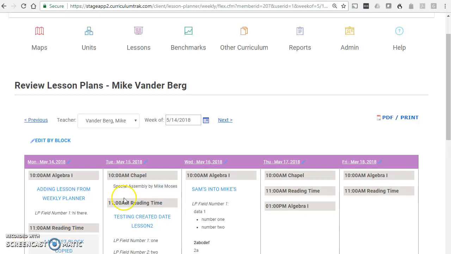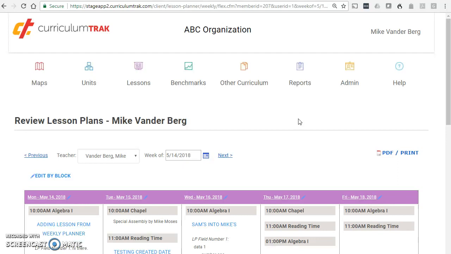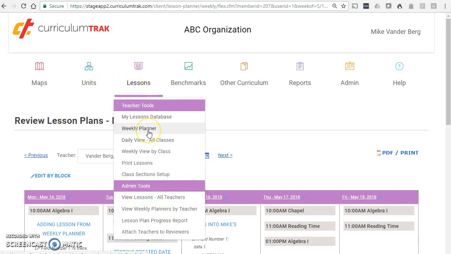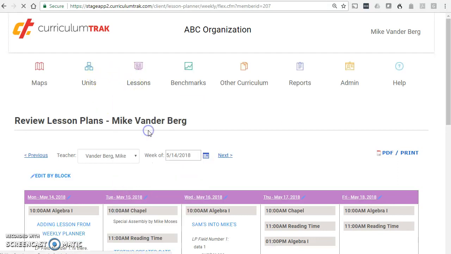During this video segment, I will go over the new Flex scheduling tool within the Lesson Planner and Curriculum Trak. So here's an example of what that might look like. So if I go to the weekly planner for this teacher,